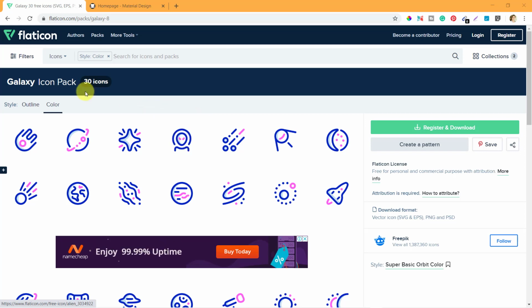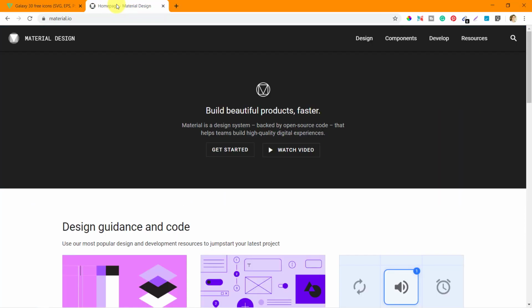But there is one website where you can find all the icons in SVG format as well, which is material.io. Once you land on material.io, you can see that this website is actually dedicated to designing. They teach you how you can impress people with your great design, how you can improve on your designing skills. Now we're not going to talk about the designing skills or the tutorials that they have right now in this video, but what we are interested in is this resources tab.